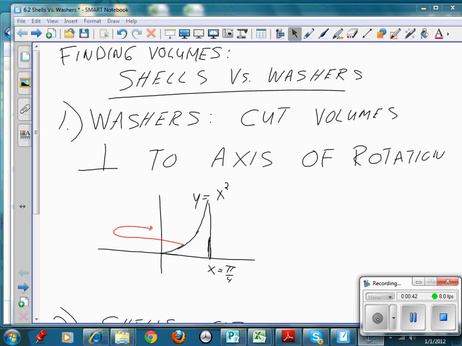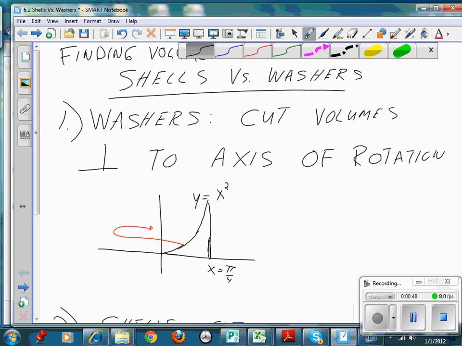So when do you want to use one versus the other? Let's take a look at this. The thing to remember about washers is that you cut volumes perpendicular to the axis of rotation. Okay, so in this particular problem, this is my solid. My solid is defined by x equal to pi over 4, y equal to x squared, and I want to rotate